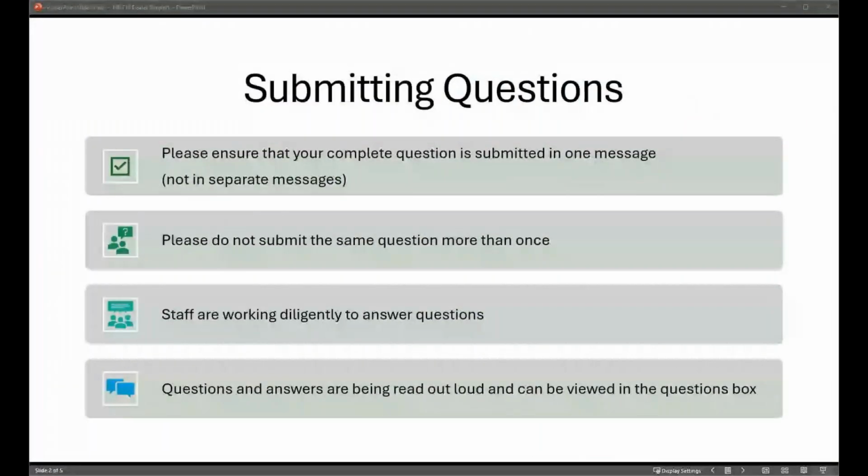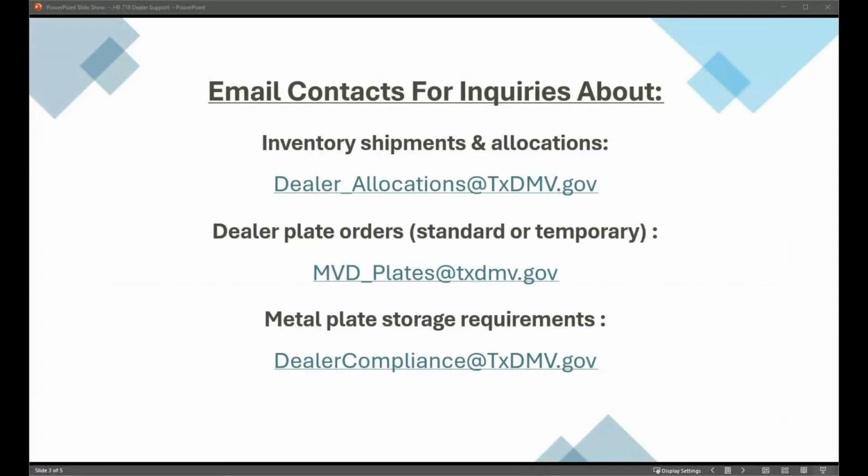You can either destroy them yourself. You can get some cutting shears, cut them in half. You can also take them into your county tax office or regional service center if they will take them. You may just want to give them a heads up and see if they're able to take in those plates. Some offices may have smaller areas where they can't take them. You can also take them to a metal recycler, pretty much any way to properly dispose of them, just to ensure that they're not being used nefariously on any other vehicle.